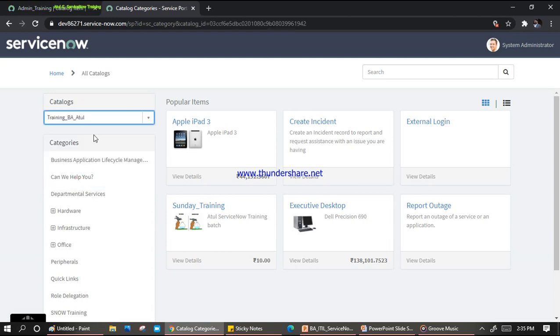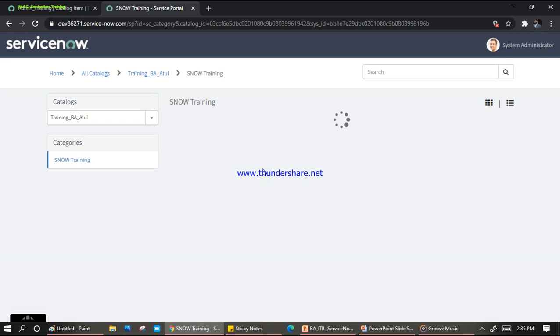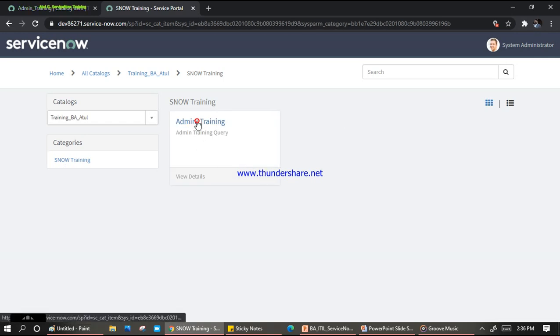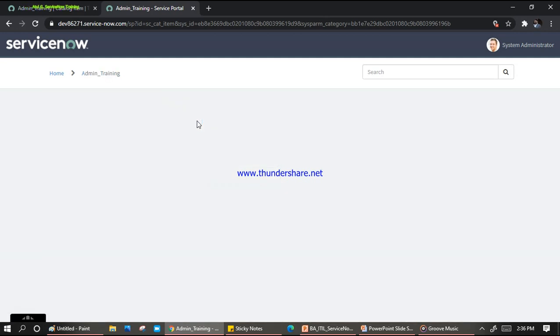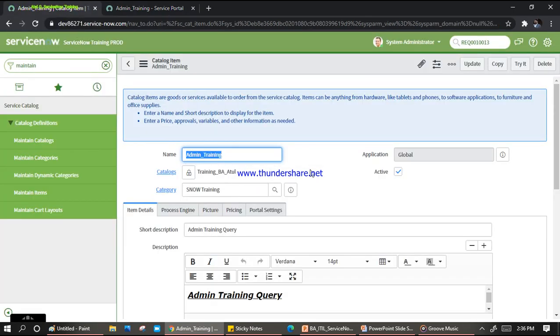Let's click here. I have only one category under that, which is ServiceNow training. Fantastic, it's appearing now. If I click on this, my catalog item is there. But my catalog item does not contain anything. No costing, no variables, nothing is there, right? So I'm just putting an underscore. I know that this is coming from the item only, but you can put fancy good names here. Okay, let's open this now.